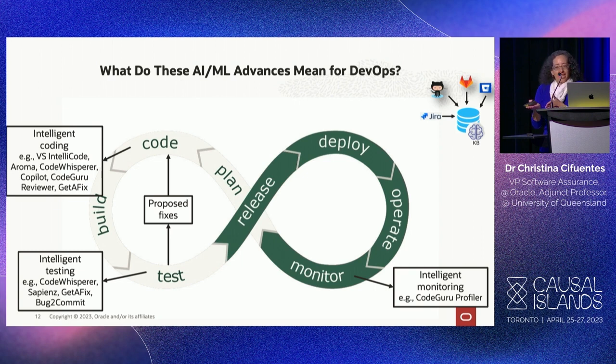What about testing? There were several examples that we can group into intelligent testing, right? Like there was CodeWhisperer, and there was also Sapienz, and GetAFix, which was even helping loop back into the coding by proposing a fix, and then back to commit, right? And then on the right-hand side, I gave you one example of something that would be equivalent to intelligent monitoring, right? As your application is running, it is monitoring your application to then be able to provide you with